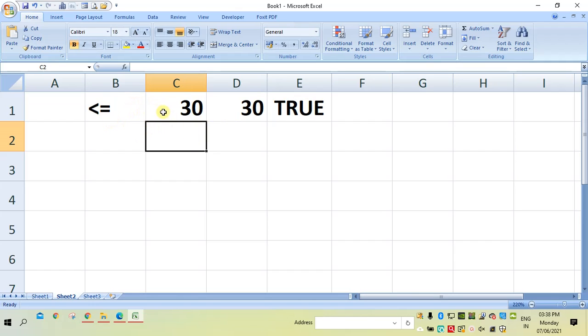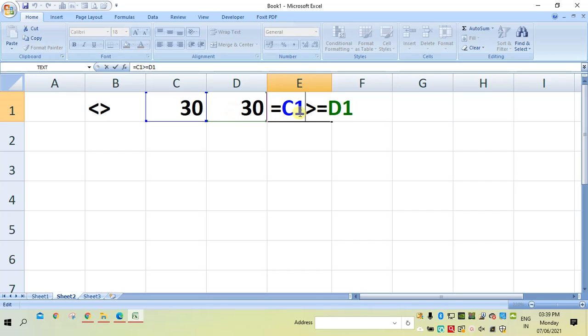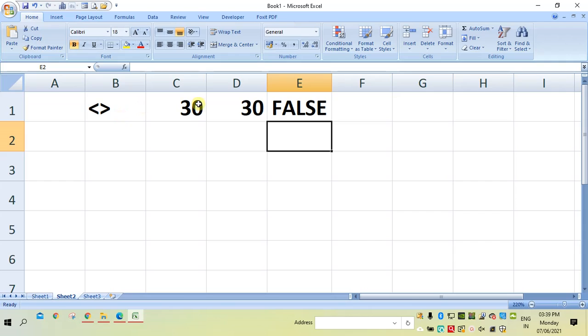Next one is not equal to. It is a combination of both the smaller than and greater than symbols. So here it compares whether they are equal or not. So now both are 30 and 30. Suppose I put here the symbol greater than and smaller than, definitely it will say they are equal. Are they equal or not? They are equal. But what are we comparing? We are comparing not equal. So here it will give you a false because both are equal. Therefore it will give you a false.